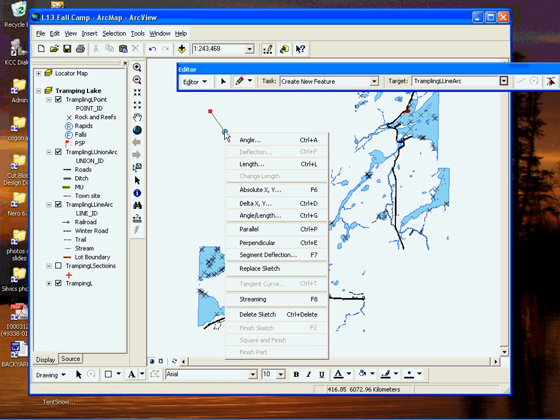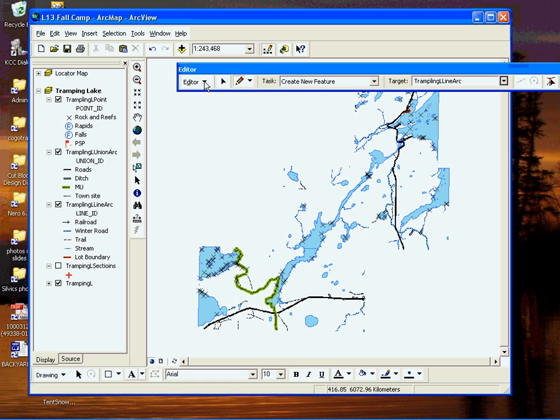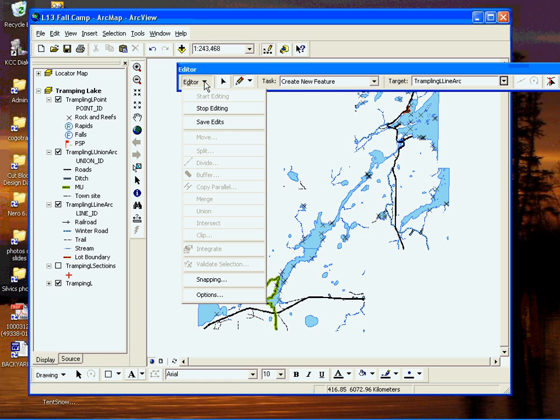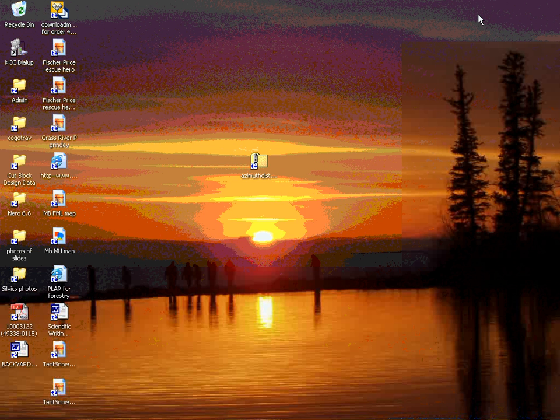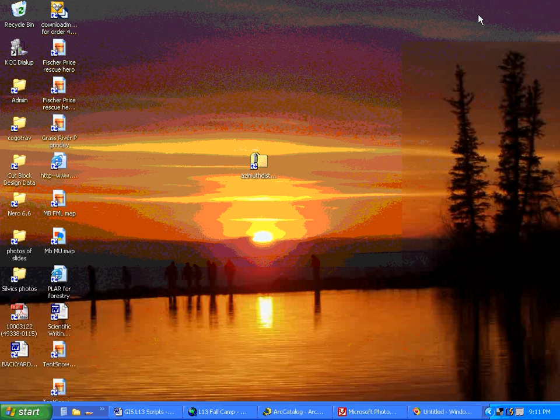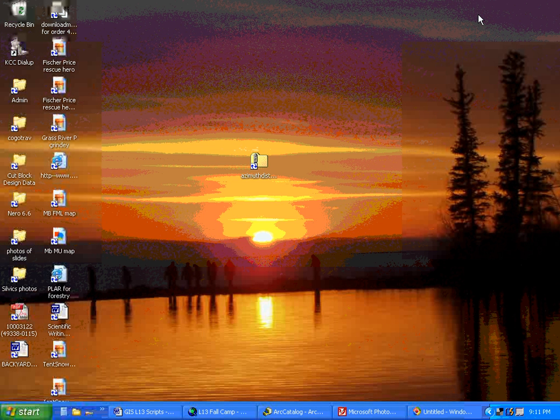So what I'm going to do right now is turn editing off. And then we're going to minimize ArcMap, because the first thing we actually need to do is we previously downloaded the azimuth tool from the ArcObjects website of Esri's, and we need to decompress that file because it's a zip. So we get the folder that was downloaded, we double click,